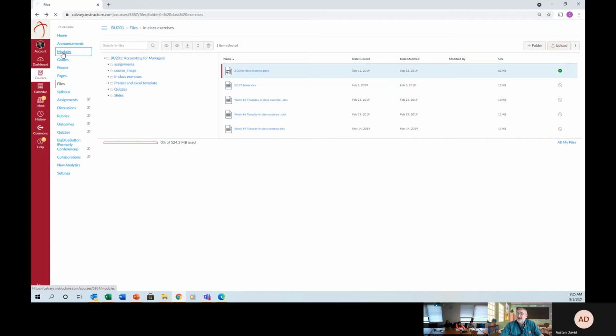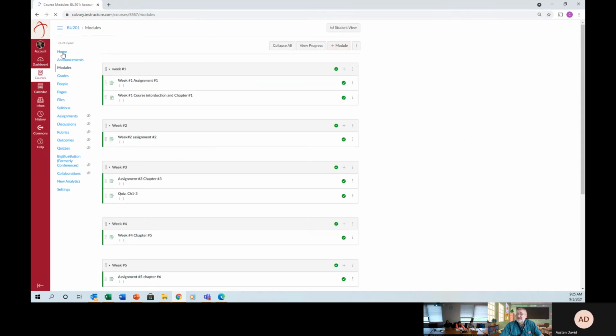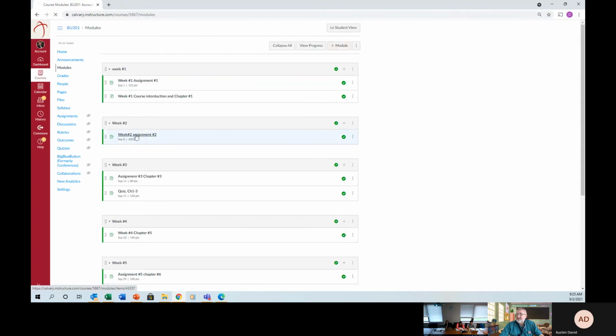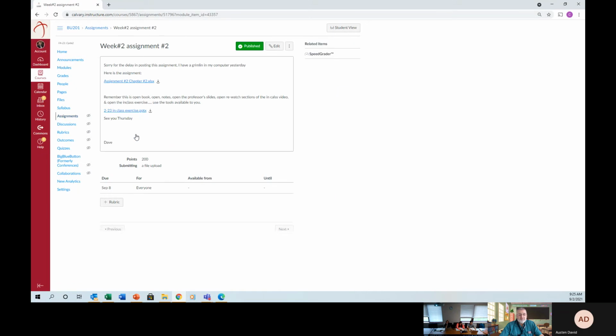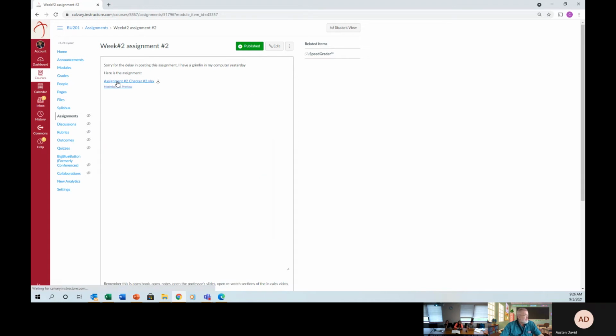Yes. So I'm going to go into the modules, and I'm going to go to assignment 2. This, by the way, will be your shortest class sitting in the classroom for the whole cycle. Now you see I've got exercise 2.3 right here. This is another way to get to that exercise 2.3. If you get stumbled up a little bit when you're doing your homework, you can come in here. And the reason I'm going to help you a little bit with the homework is